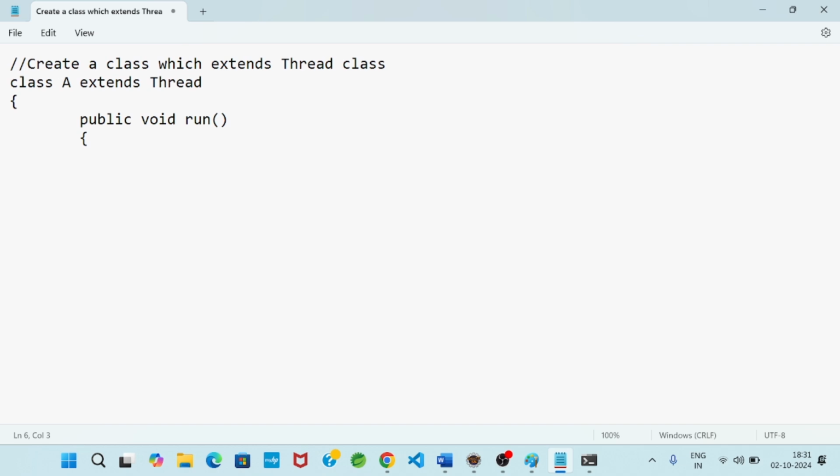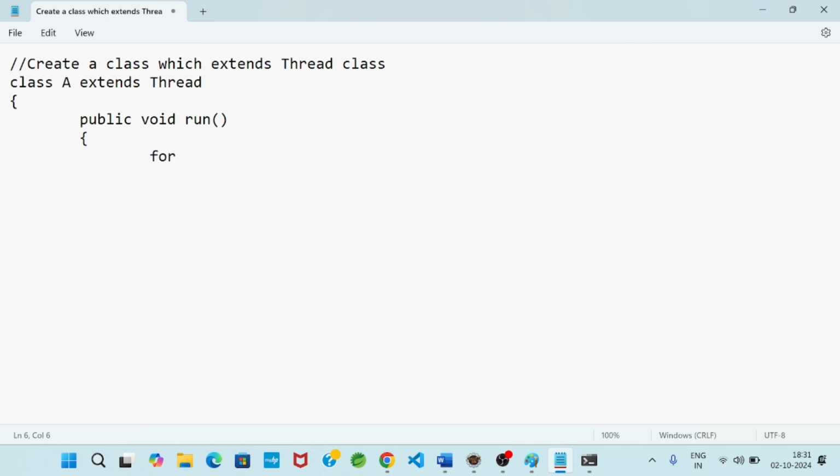So this method is already available in the Thread class, which is the parent class. The parent class method and child class method are the same method, which I am defining again in the child class. That's why I consider this method an overridden method.